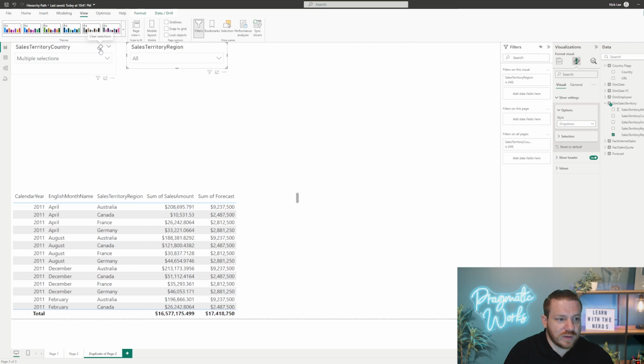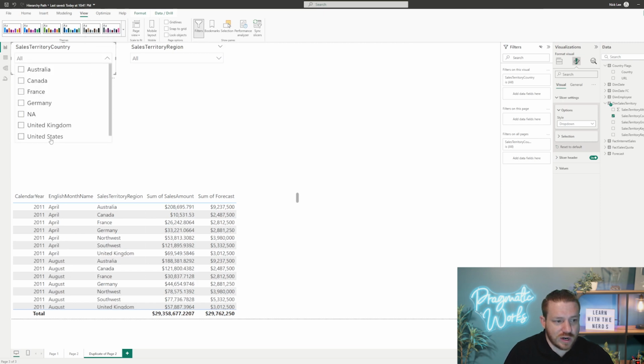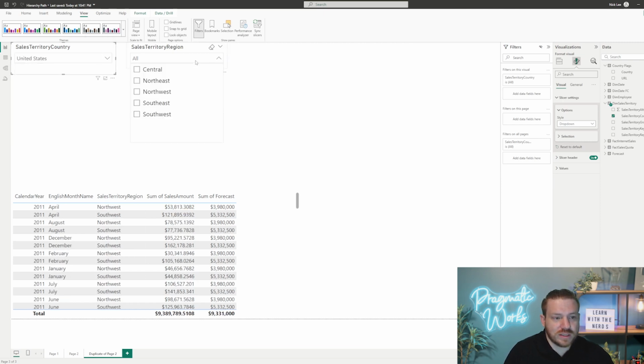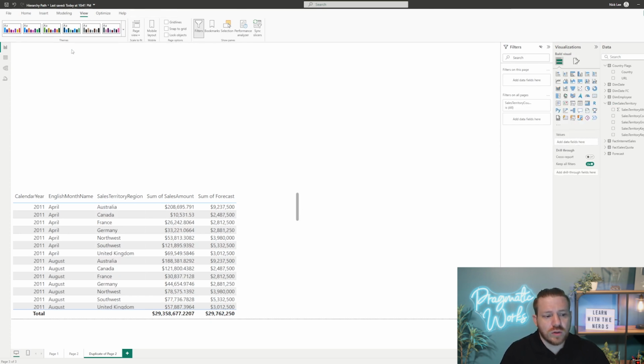But what happens if I scrub this and actually look at this as United States? And then I could look at the sales territory regions and see that the United States country has multiple different regions within it. So, it's kind of a design aspect. Is your data going to work well by having multiple slicers on the screen and work like that or not? So that is a design choice there. All that being said, that is it for regular slicers. So let's actually look at